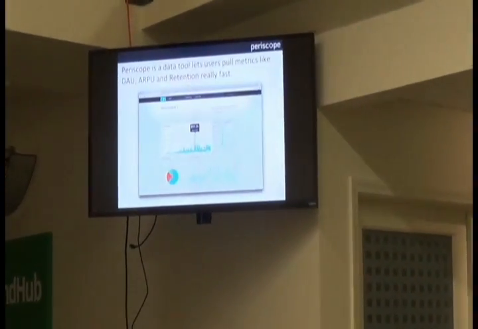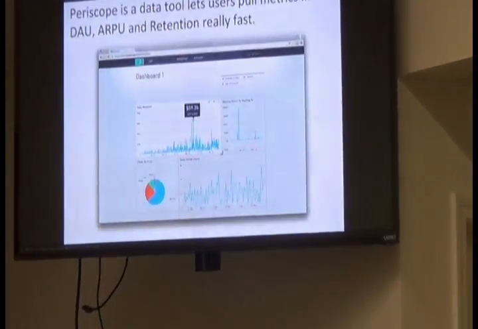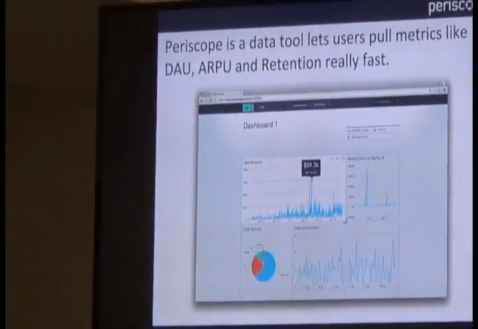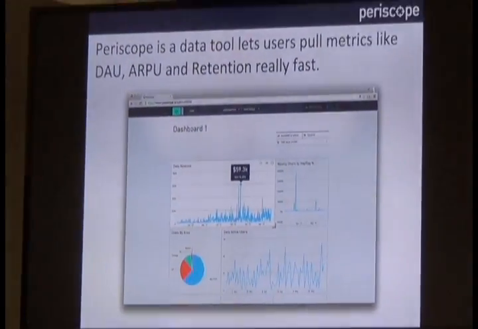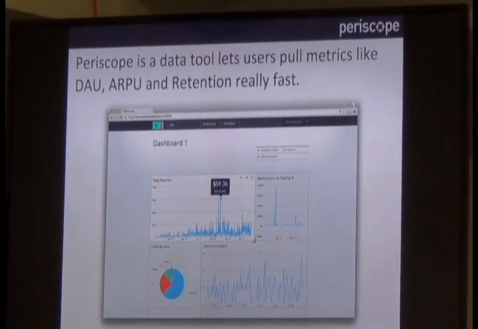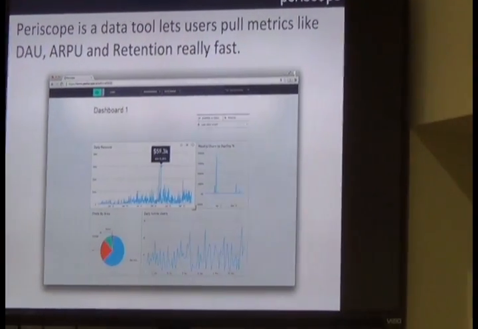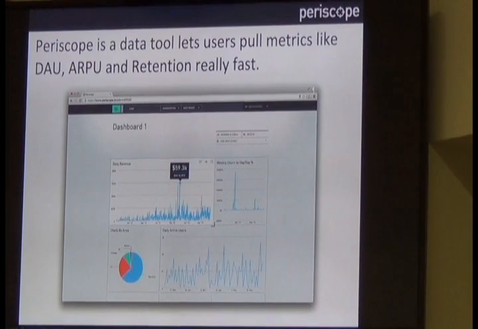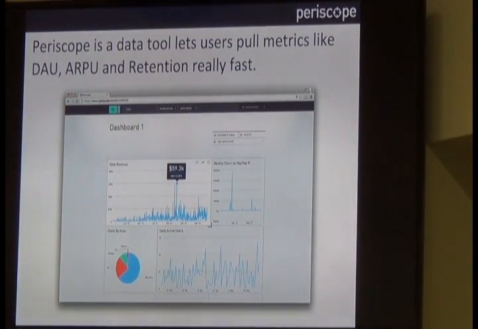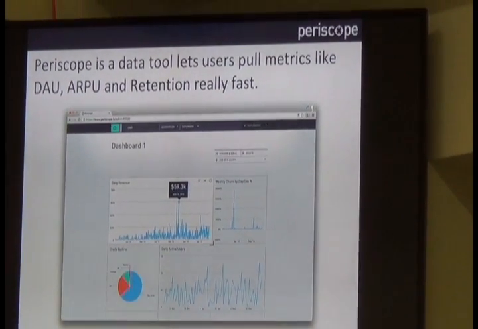And the way we do it really fast is a lot of cool tech on the back end, like an in-memory database for computing gnarly metrics. We do sampling over SQL tables. We do chunking of SQL queries. So if you have a really fat SQL query, we'll rewrite it into a bunch of little SQL queries, and then run those either in serial or in parallel, so you can get a bunch of data back streaming. And all of this is built on top of using a whole bunch of SQL